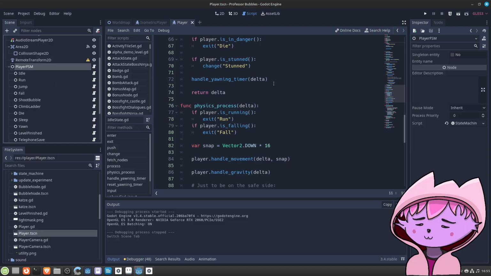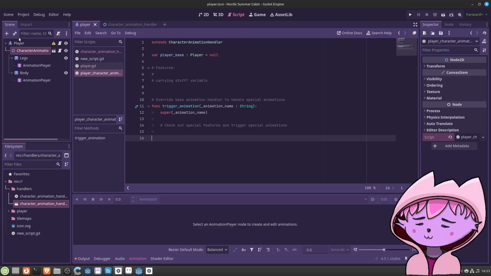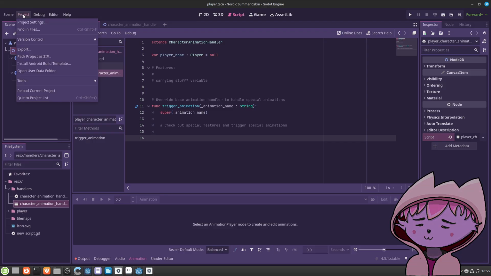So I wanted to have a look at the implementation, what worked, what didn't work. The new project is of course here in 4.5. But anyhow, let's go and have a look at your state machine implementation.